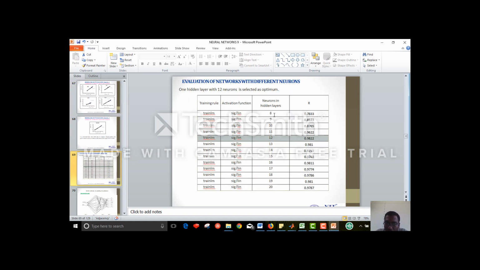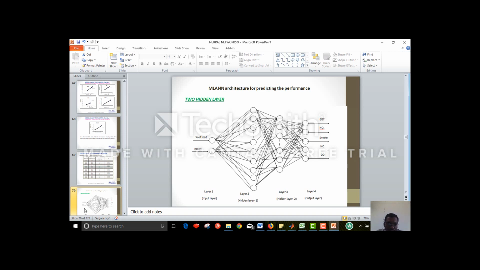Even though you can find that 8 neurons is not best, I took the average correlation coefficient with all the parameters and plotted it here. And highlighted is 12 neurons. That means 12 neurons with a single hidden layer. I am making an attempt with only a single hidden layer. That says optimum. That means you have to train the neural networks